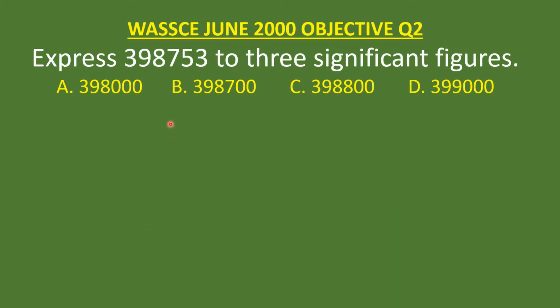Okay, so let's take the first question. West African Senior School Certificate Examination, June 2000, objective question 2. It says express 398753 to 3 significant figures, and the options have been given to you, options A, B, C, and D. So let's do justice to it. Solution. We have